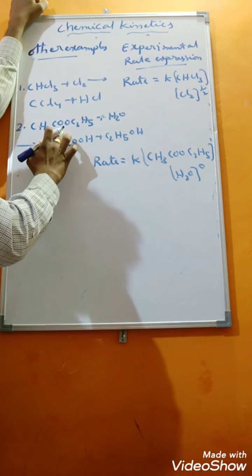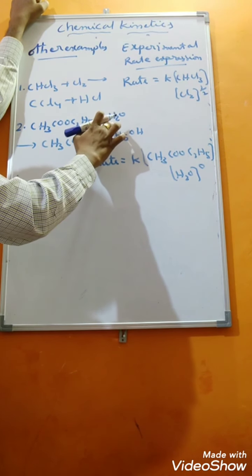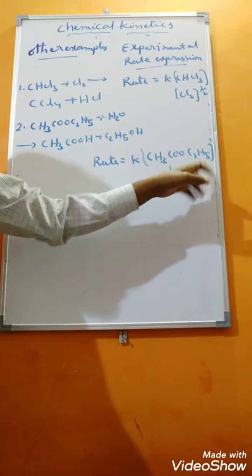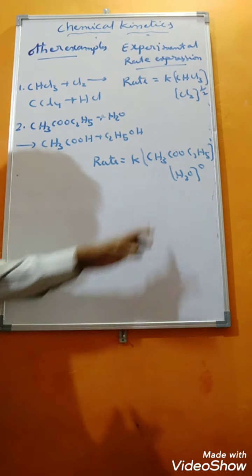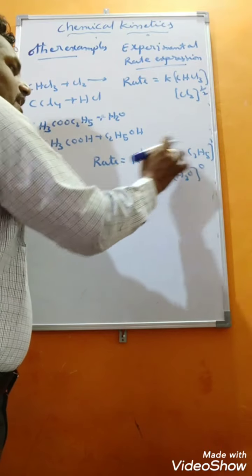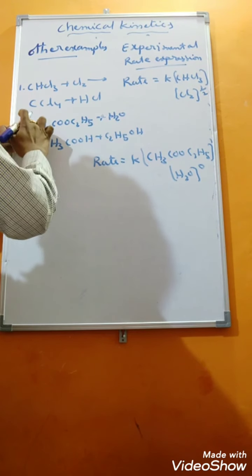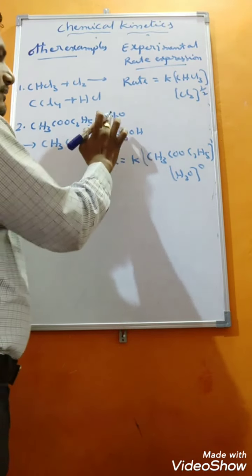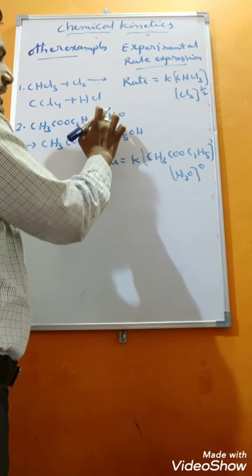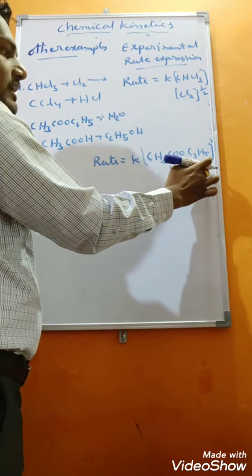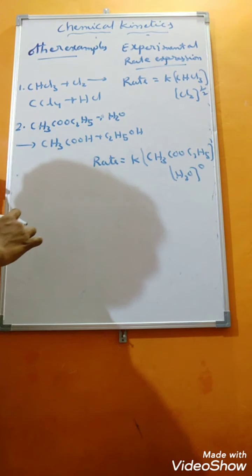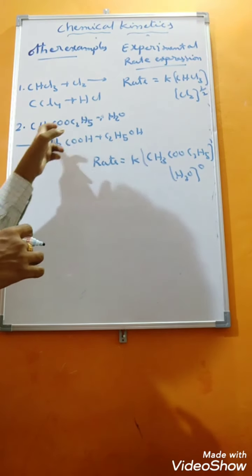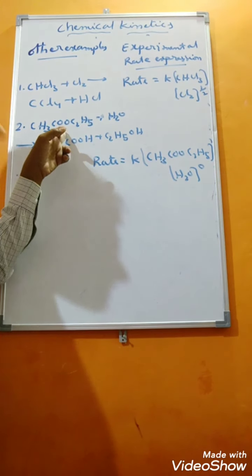In hydrolysis of ester, we have taken an extra quantity of water molecule. If you take any excess amount of water or any solvent, that power should always be 0. In the equation, the coefficient of the ester is 1, and that 1 we have got. But for the other reactant, H2O, one mole is present, yet the exponent is 0 here. So we can say very clearly that the exponents of the rate expression are not at all equal to the stoichiometric coefficients of the balanced equation.